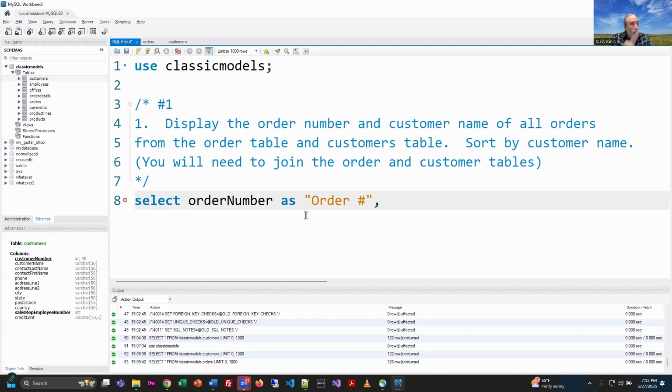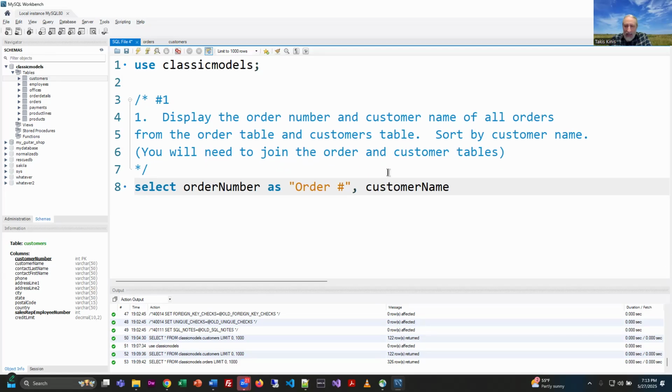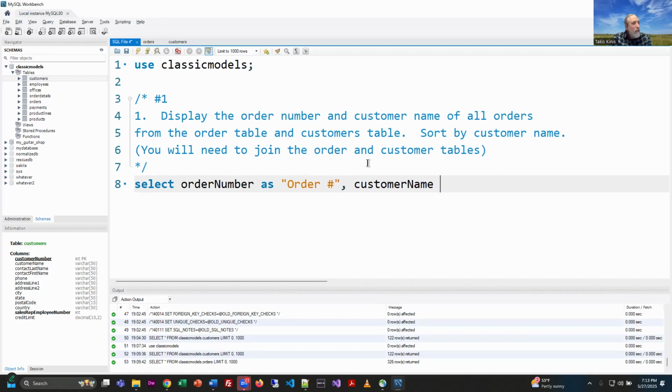And then we're going to also select the customer name. I'm going to alias that as well, in a more user-friendly name. I'm just going to say customer space name because that will read nicer in the output. So those are the things I'm selecting